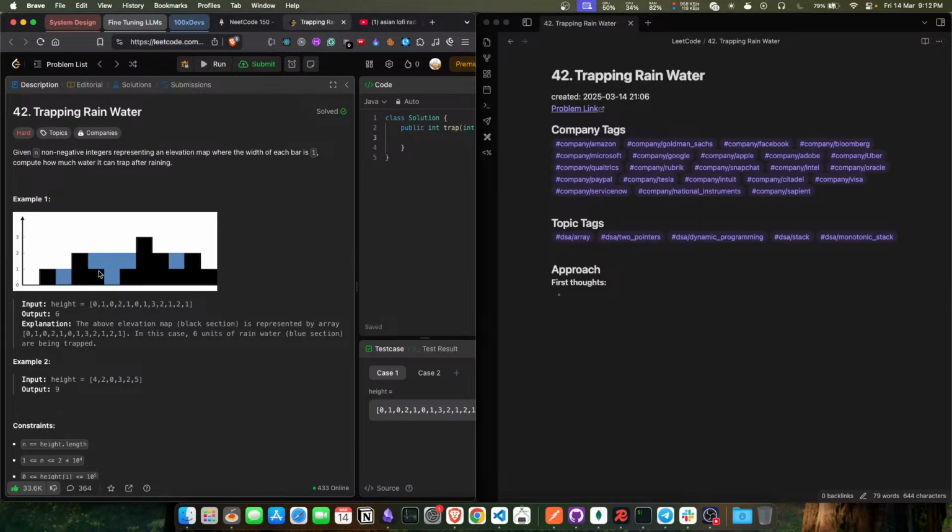Let's say at this index I am over here, at 0, 1, 0, 2, 1. At this index, what is the left height that we are storing it? It is 2. The right height that we are going at is 3. Alright, so we take the min of both. Yeah. And then you subtract the height of this. That's how much water you can store. So